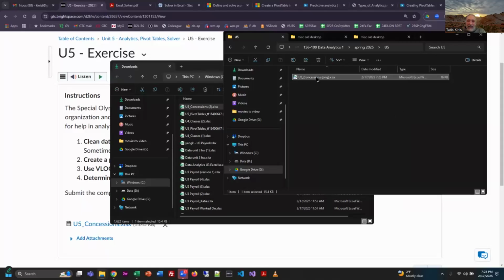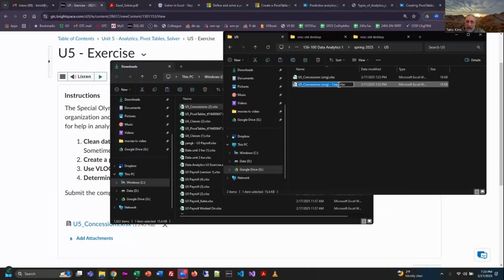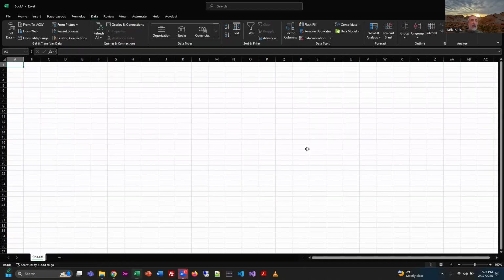Then I'm going to copy it and paste it in so I can always go back, right? And then I'm going to change the file name. I'm just going to call it in progress, or whatever works for you, right? And when I have a solved version, I'll save it as solved. That's how I like to work. So I have multiple copies. I know it's kind of silly, but this also allows me to step backwards. If I screw something up, I can take it to a certain point. All right, I'm going to open up the in progress one